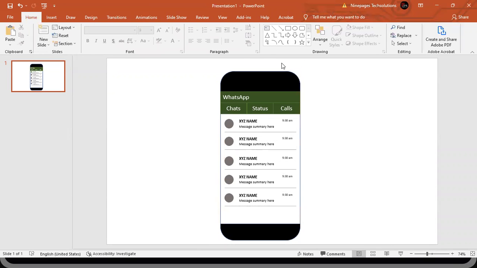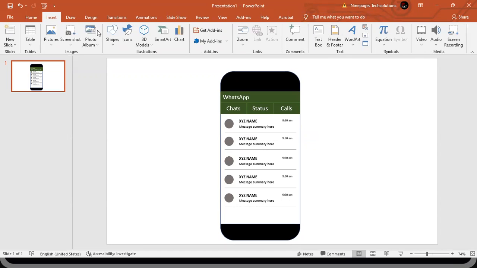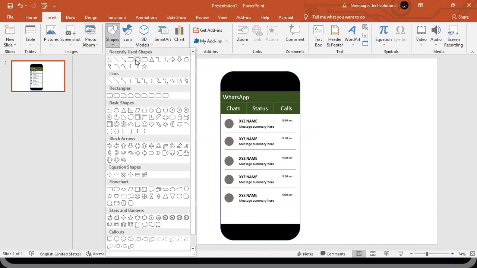Now the layout is visible to you. Yes, sir. As you can see here, there are two layouts. A layout inside a layout. What is the first layout?